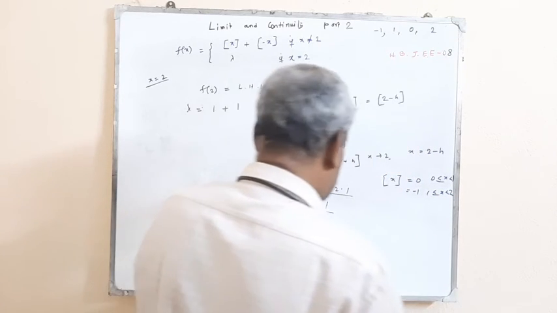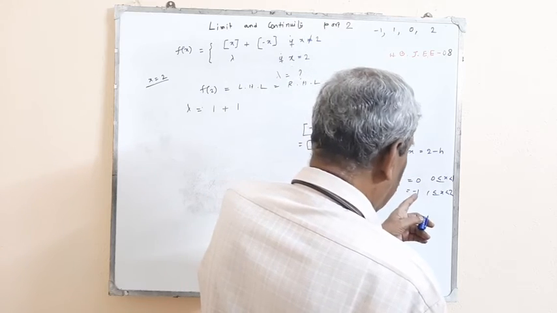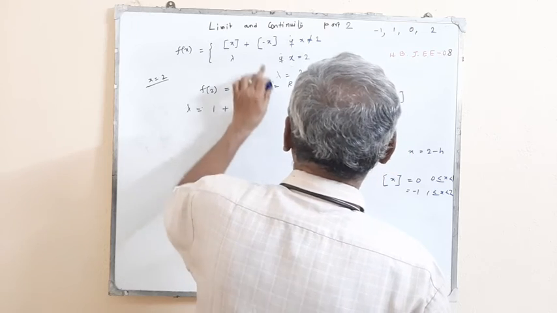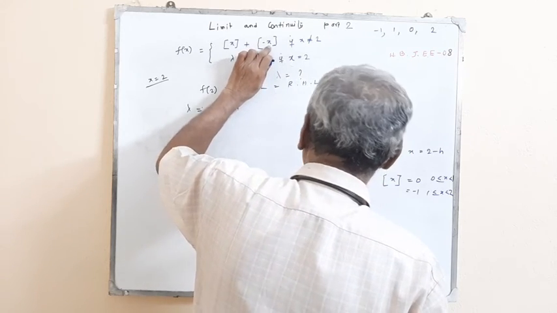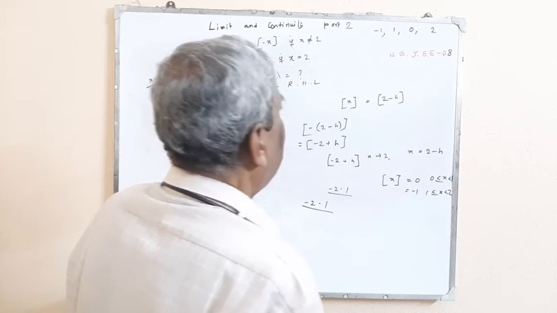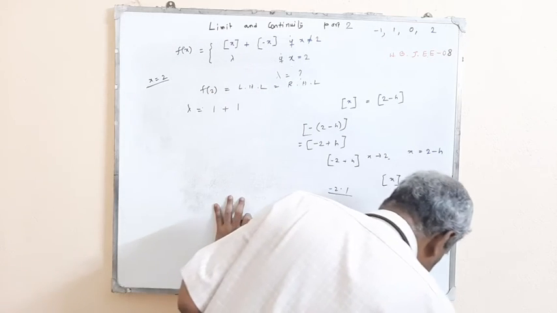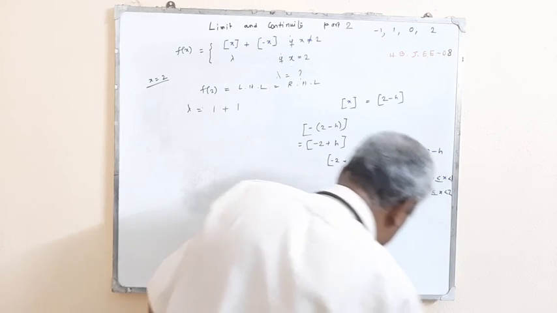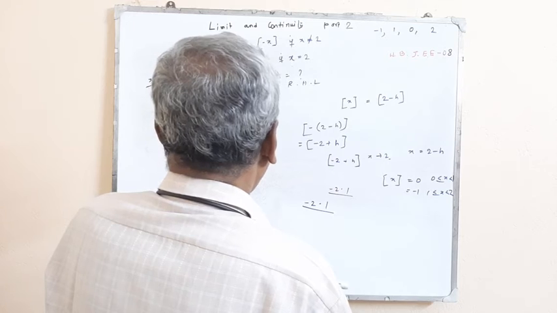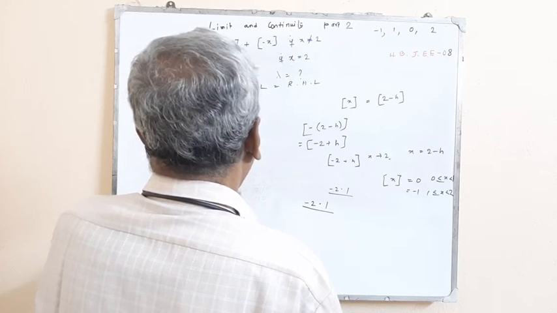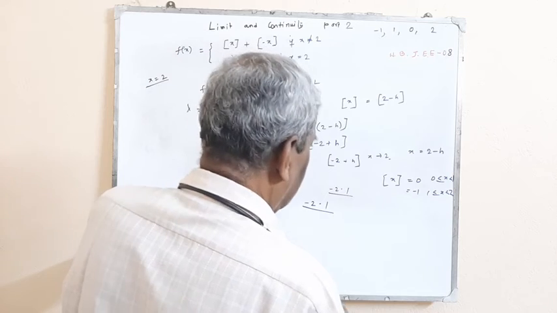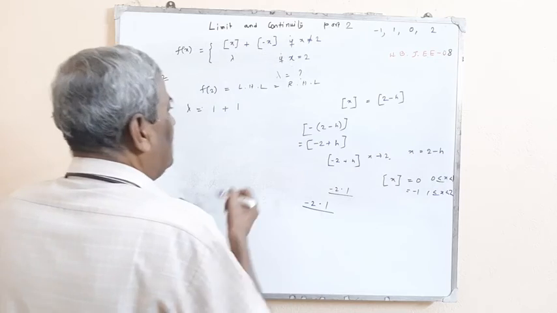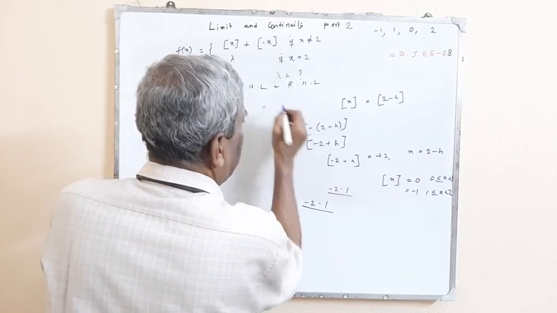So this is actually 2 minus h. So it is actually equal to minus x. So minus 1. Just a minute, I'm a little bit confused. Okay, just 1 minute. For right hand limit, it would be equal to,